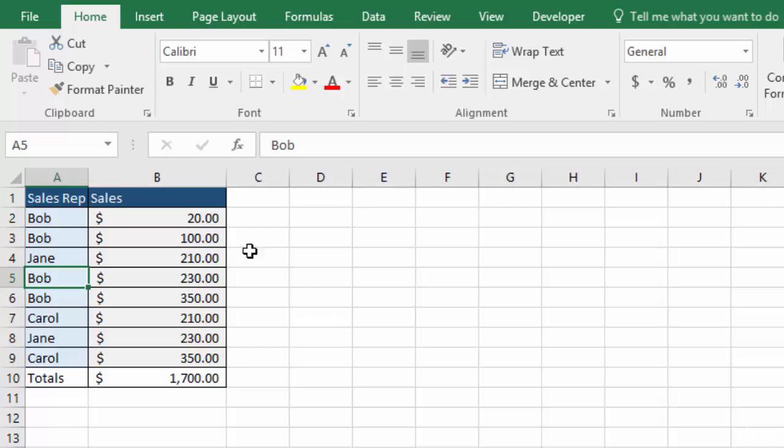Now what we want to do is find the minimum and maximum sales numbers for Bob. So we're going to use the min function, and then we're going to put an if statement in there so we can sort this whole list just for Bob and leave out Jane and Carol. And we're going to be creating what's called an array formula. An array formula is basically a formula in Excel that performs multiple calculations. And it always has to be enclosed in brackets like this. Okay? So first we have to set up a cell containing our search text,